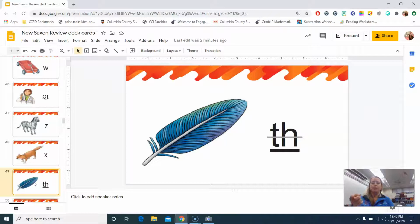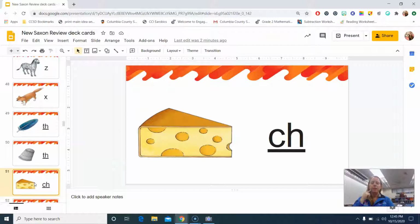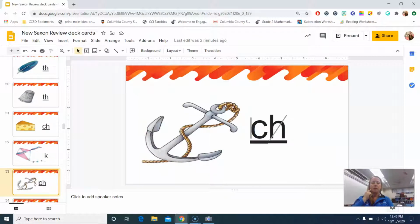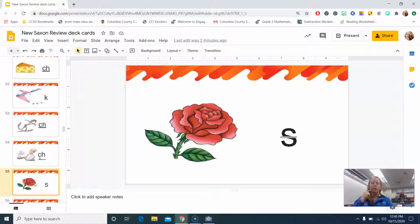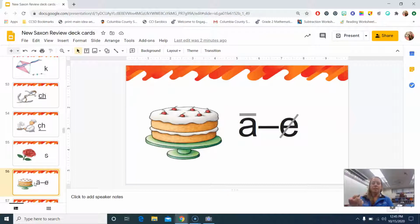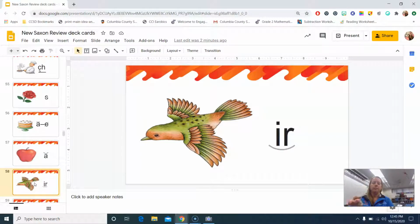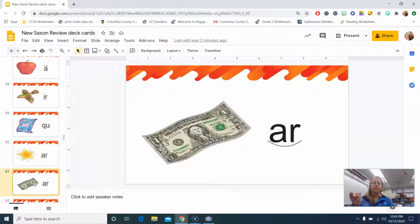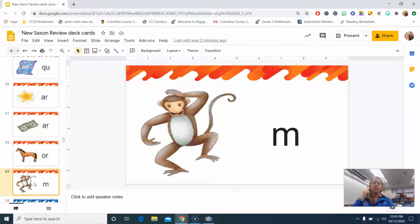Feather, v, thimble, th, cheese, ch, kite, k, anchor, k, chef, sh, rose, z, cake, a, apple, bird, quilt, qua, star, r, dollar, horse, or, monkey,